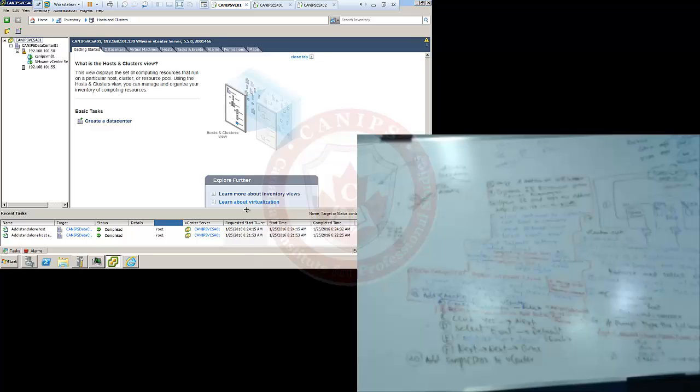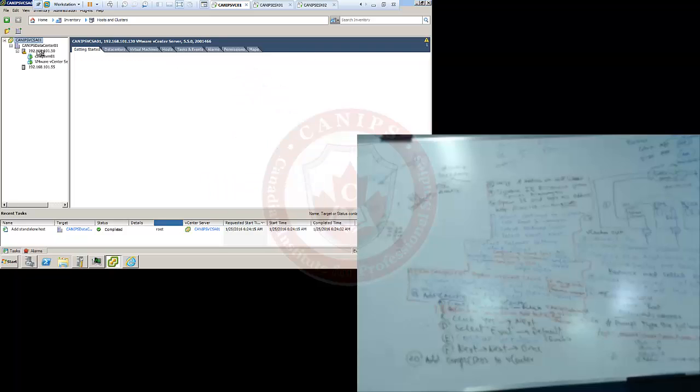No, it's fine. Okay. So here, guys, just look at this. The question here is, let's say we have 400 ESXi hosts in this environment. Now those 400 ESXi hosts, you just have to add them one time. You don't have to add them all the time. You just add them once to vCenter. Then every time you just need to log in once on vCenter. You can manage